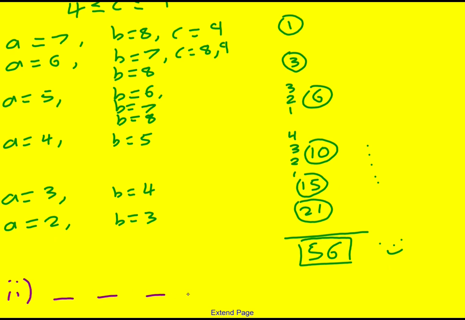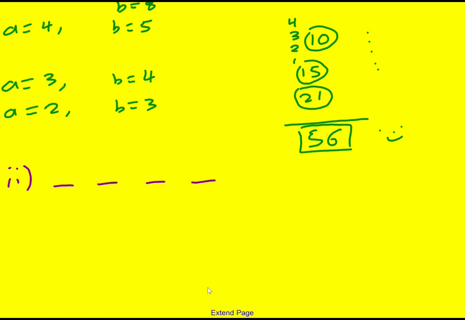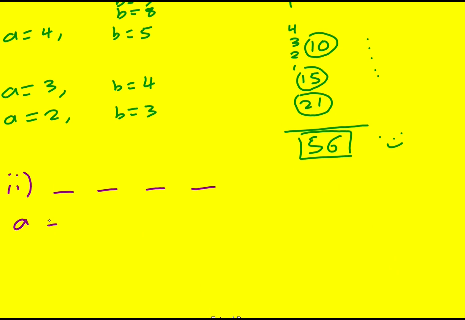So this time, I've obviously got different values of A. Now we know when A is equal to 1, oh sorry, I'll relabel it. Okay, I'll use A, B, C here as before, but now I'll say that this is D. Okay, so D is equal to 1. I don't want to start changing what A is. A is the second digit, and it was for part 1. So when D is equal to 1, we already know that there are 56 possibilities because this is what we did in part 1. When D is equal to 2,